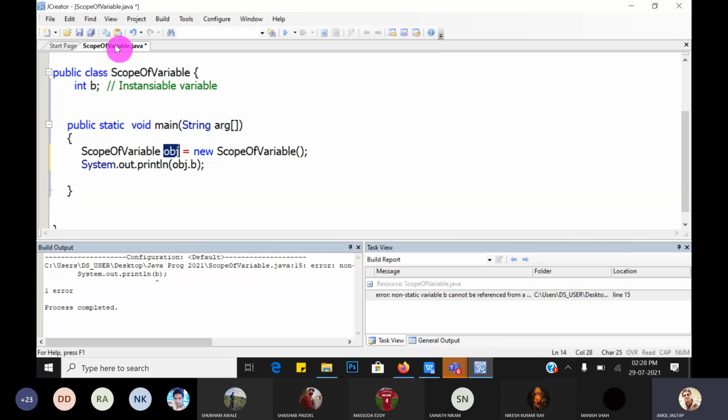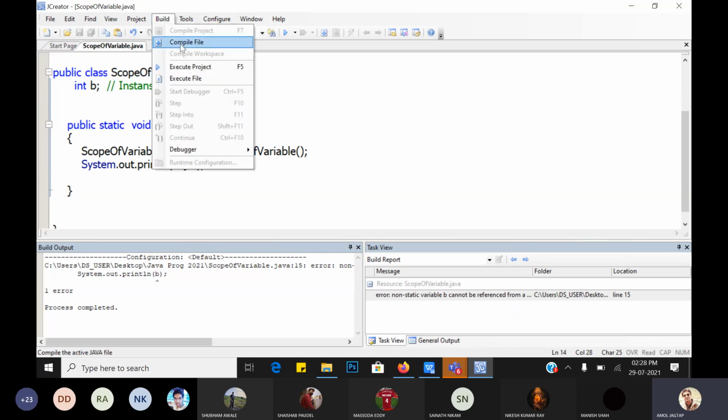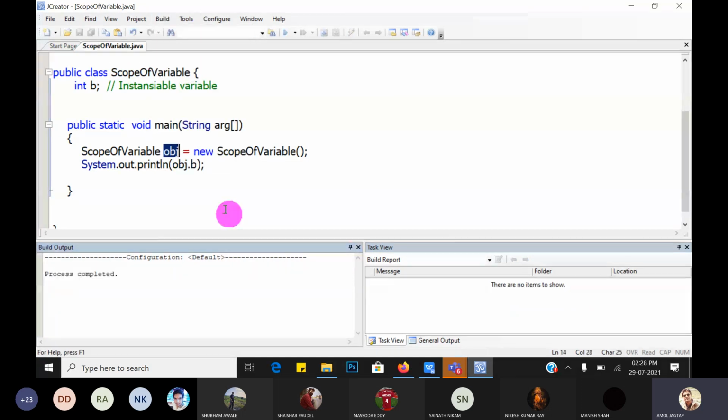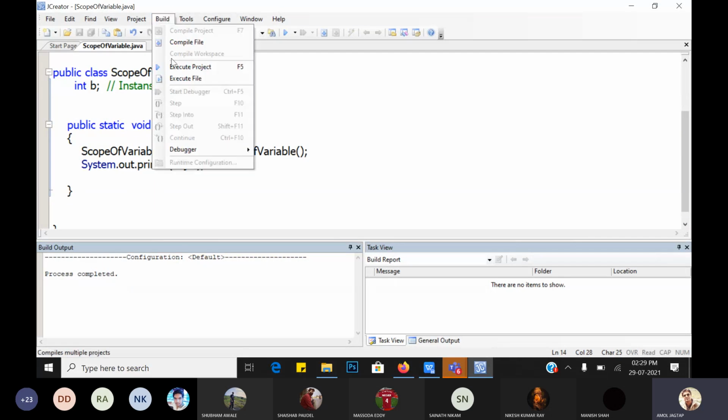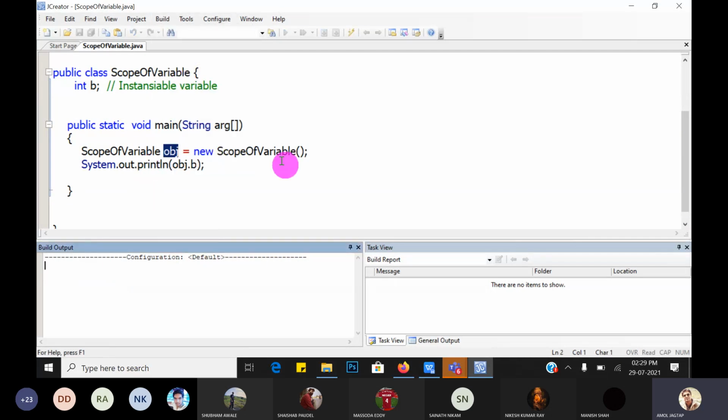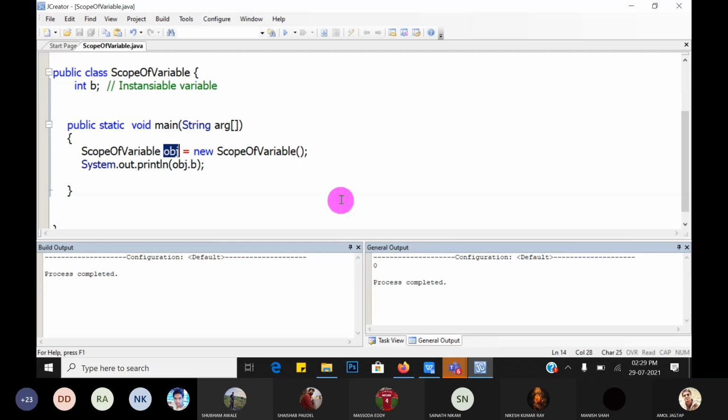So obj.b. Now check whether it gives any error or not. No, it does not give any error. Then execute the file and check the output.